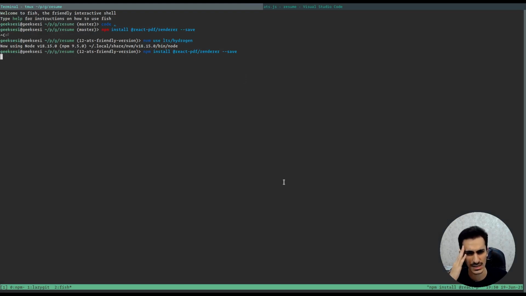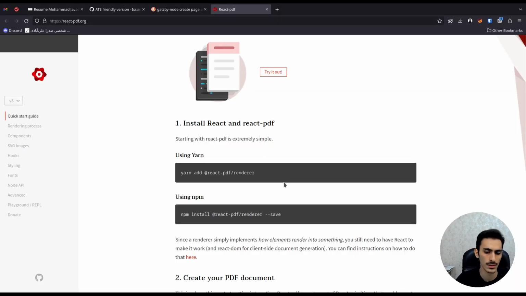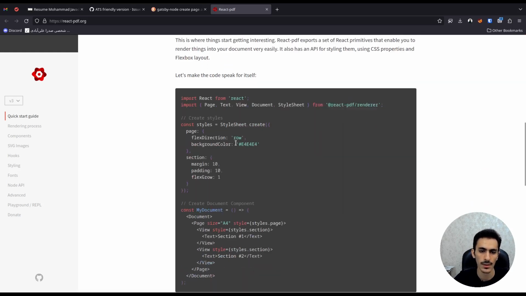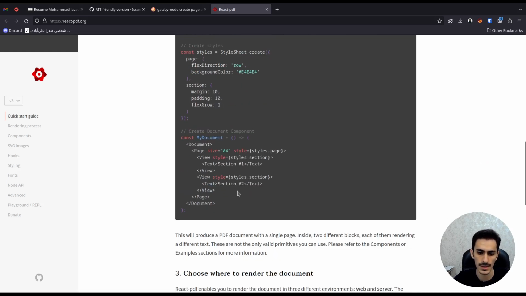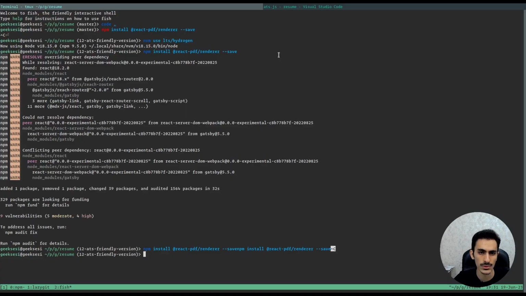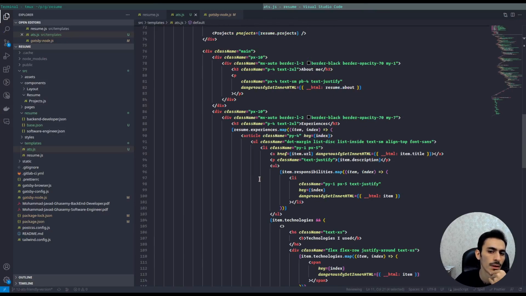I must have fixed this NVM on my OS. So I will pause until this is ready. Okay, installed. Then create your PDF documents, something like this. And what we have in here is that